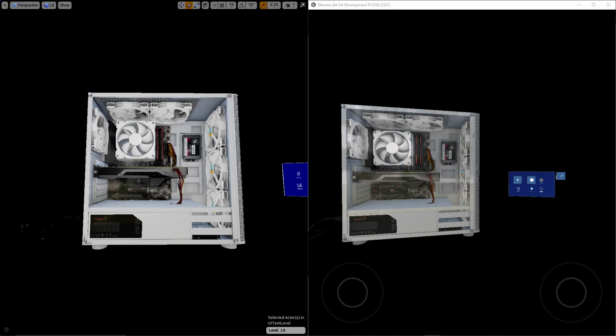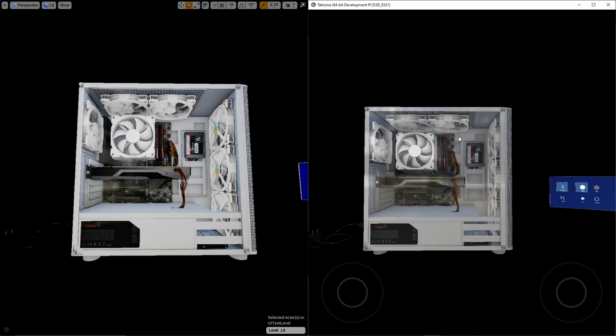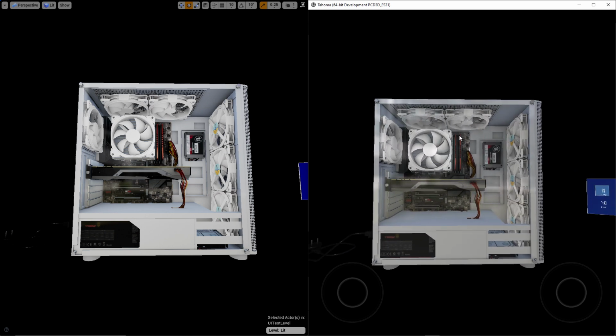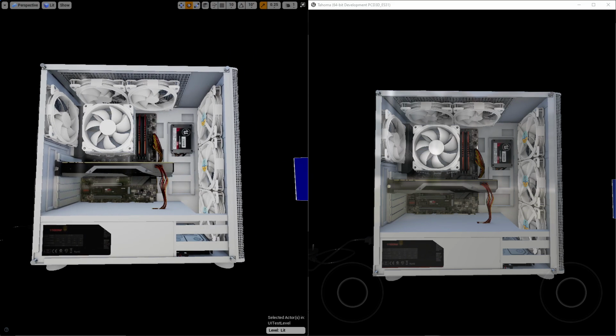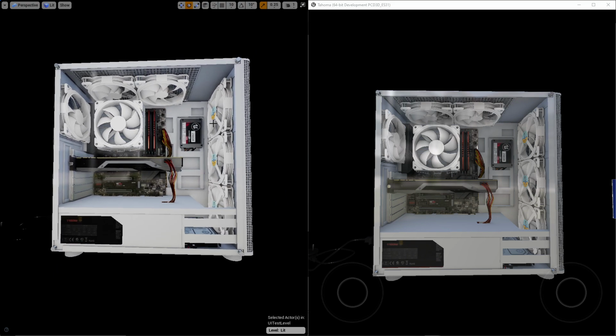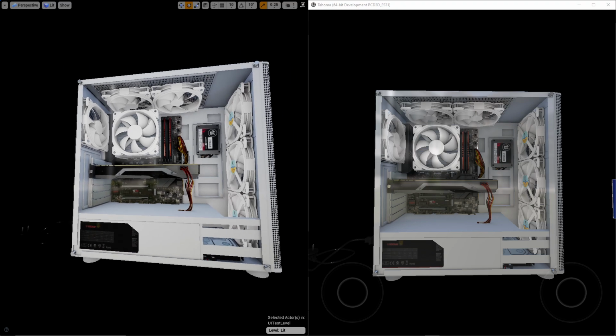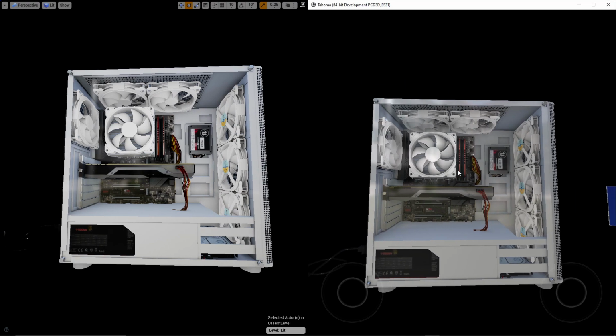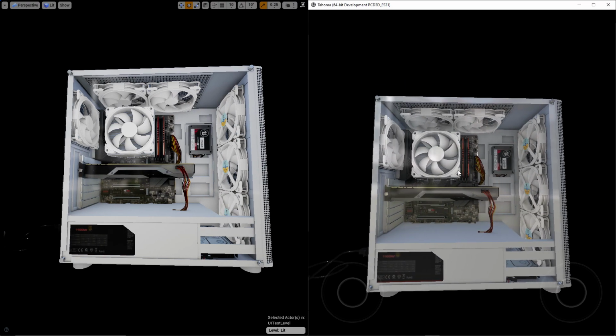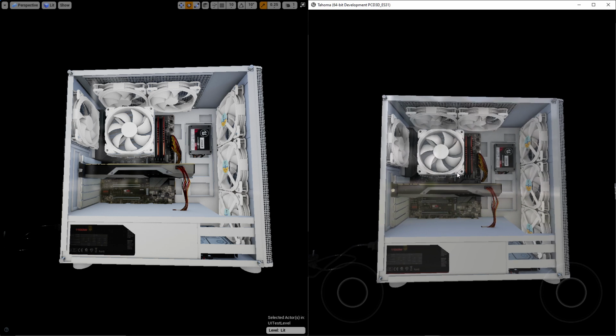So you can see that there's a pretty significant difference between the look on the mobile preview versus what would be on the desktop editor preview. And really what's happening is a lot of the information is being derived from this cube map that's wrapping around the whole scene, giving us the ambient lighting and also the reflection lighting on the glass panel there. Because mobile HDR is turned off, it's not going to have quite as much contrast. It's going to be a little more flat and washed out.